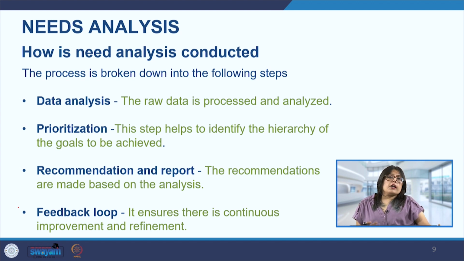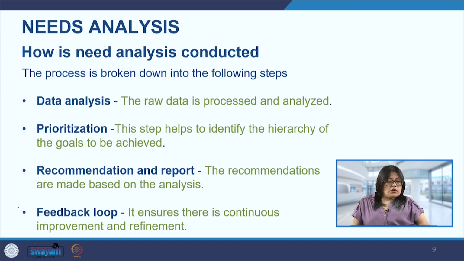So prioritizing will help us, because we may not have the sufficient resources to cater to all the 3 needs, for example. So we may want to take some other needs at a later time. So for now, we want to tackle the most important requirement or need, and for that, this hierarchy, when we are using any kind of methods that we have discussed in the previous lectures, the matrix method, or maybe the dot method that we have seen. So we will identify the most important need, so we can take it forward.